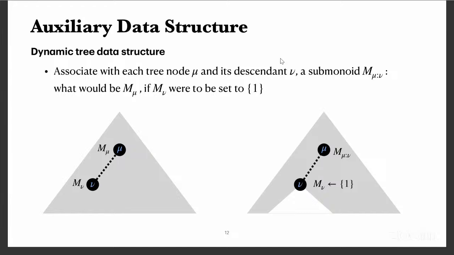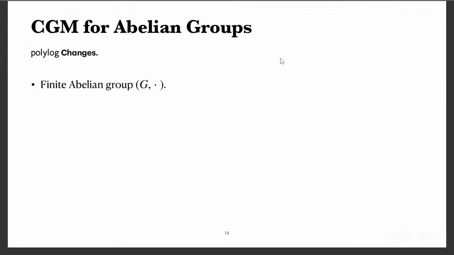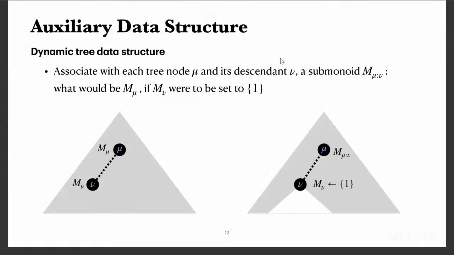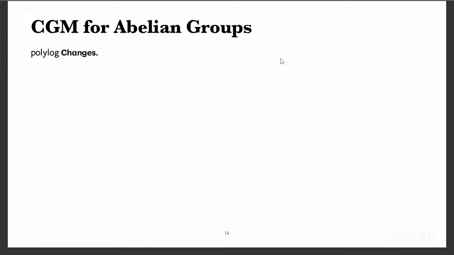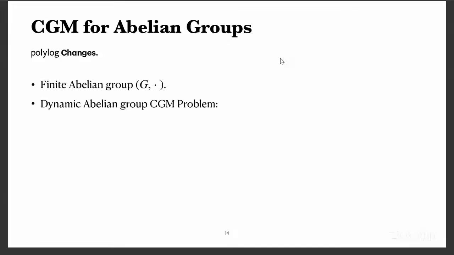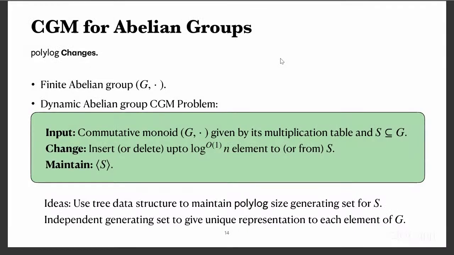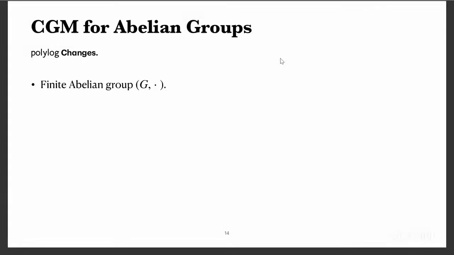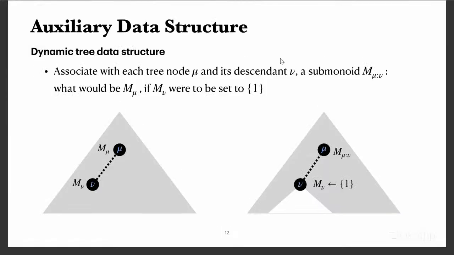With these two things, I'll show how to maintain the CGM problem. So how is it maintained with these two? The idea is, this should be on the slide. Slides are missing. Never mind. So the idea is that